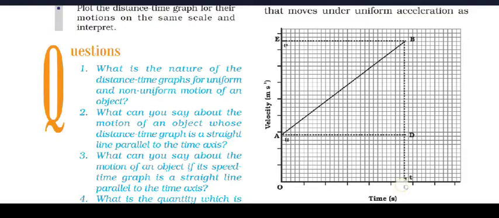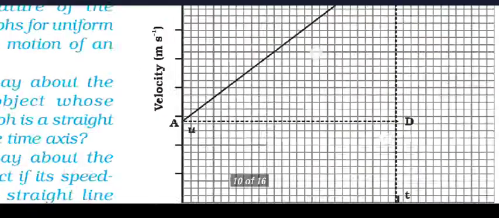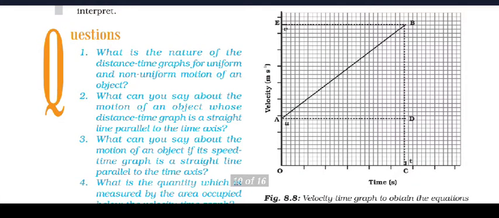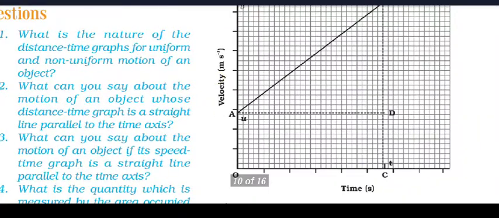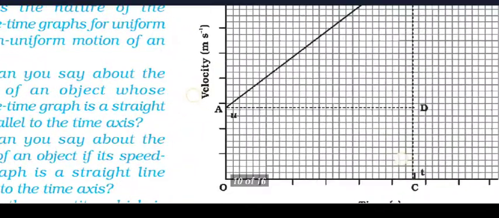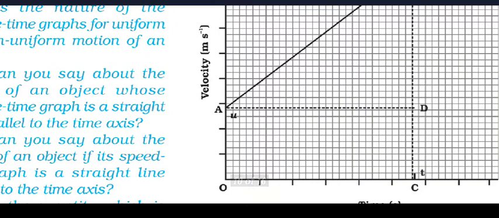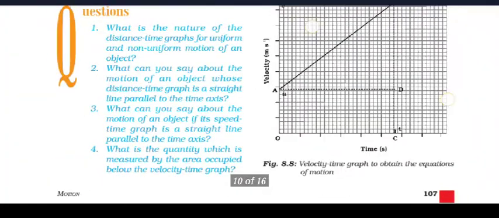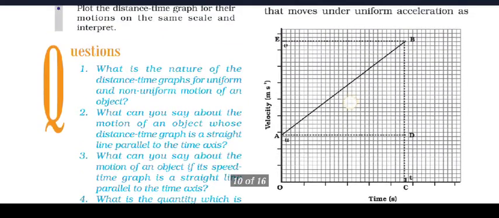Let us draw AD parallel to OC. Now we draw AD. We can say that when OC and AD are parallel, and OC is equal to t, then AD is also equal to t. Now in this line BC, just focus on it. BC consists of two points, B and D, and D and C.